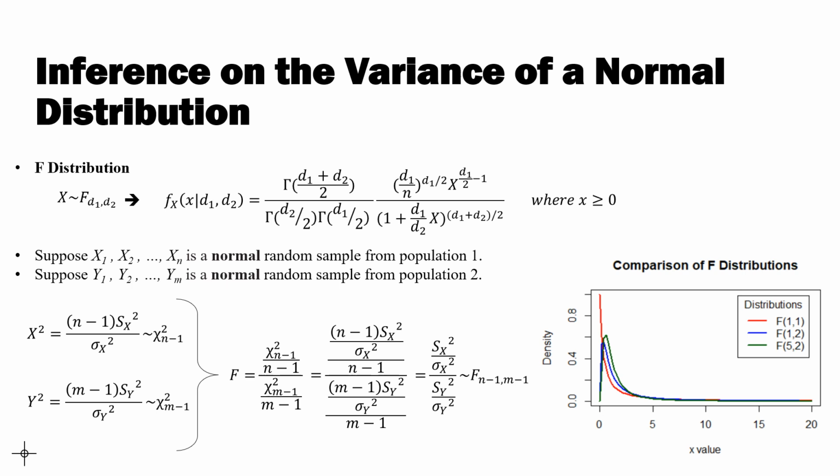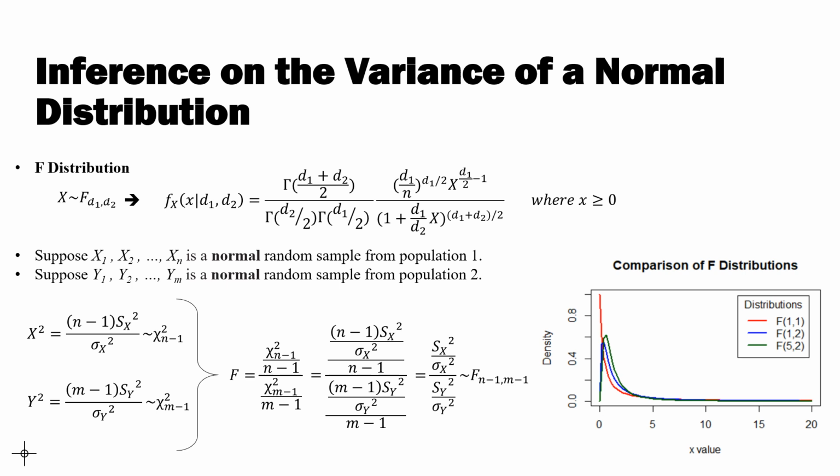The F distribution arises frequently in statistics, particularly in the context of comparing variances of 2 normal populations. We previously introduced chi-squared statistics for defining a confidence interval on the variance of a single population. Now, we can create 2 independent chi-squared statistics and use them to build an F statistic to compare the variances